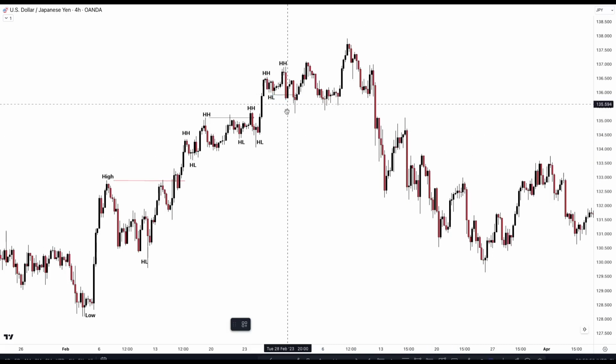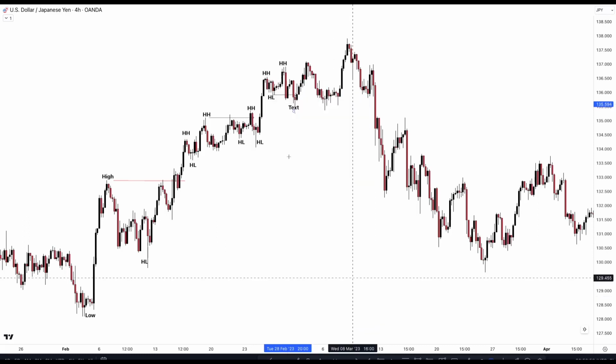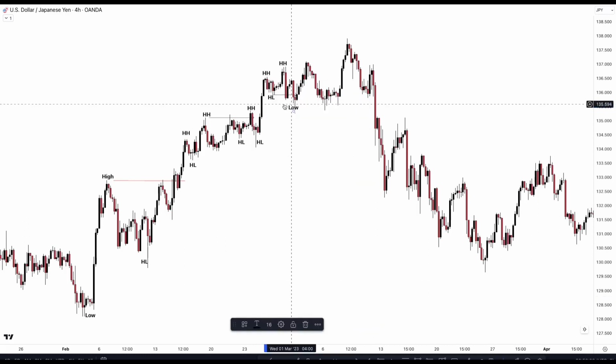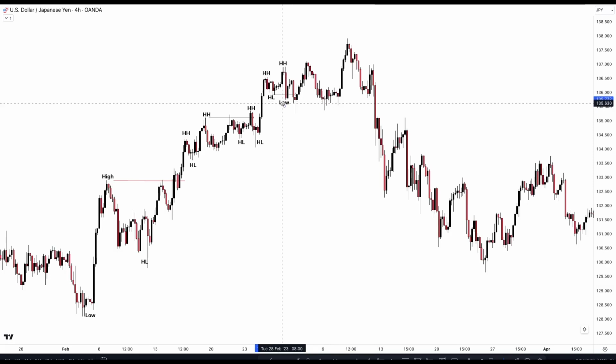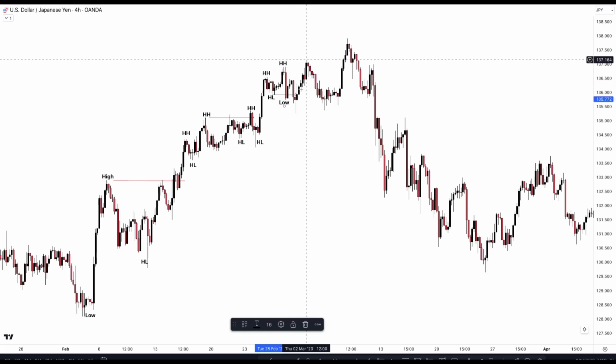But then also, just focus on reading the structure. We're not talking about entries as of yet. We will get to a point where we are talking about entries. We have a low just down here, and you will see that this low was never broken. Price came back here, then it created a new high,